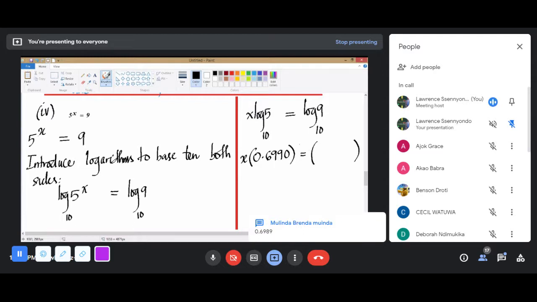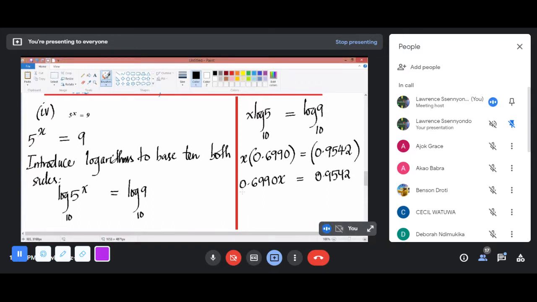What about log 9? Thank you. What about log 9 to 4 decimal places? What do you see? 0.9542. So that means this is the same as 0.6990x,